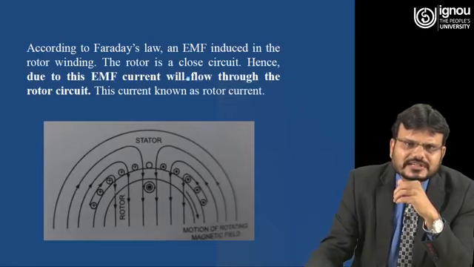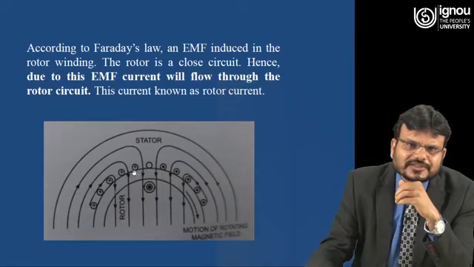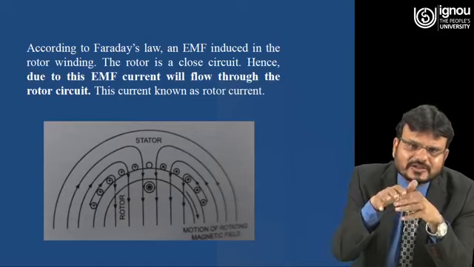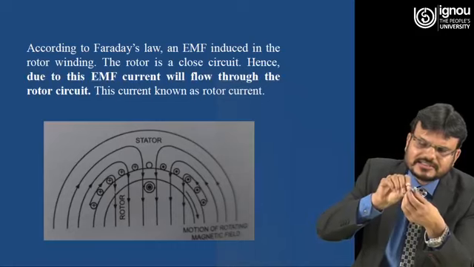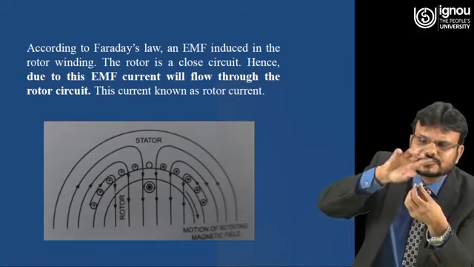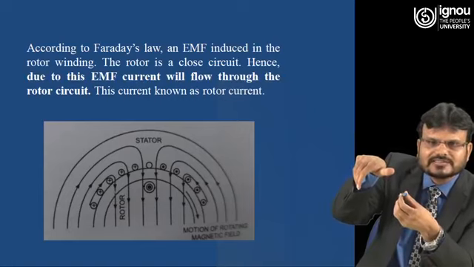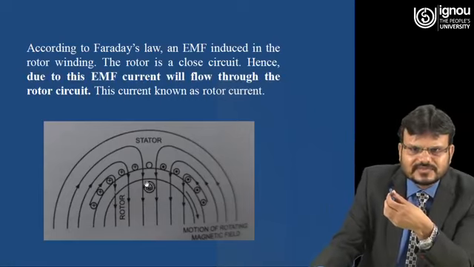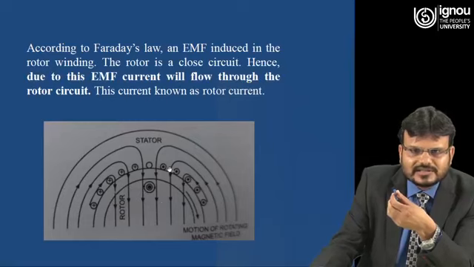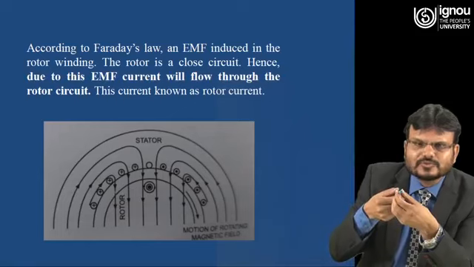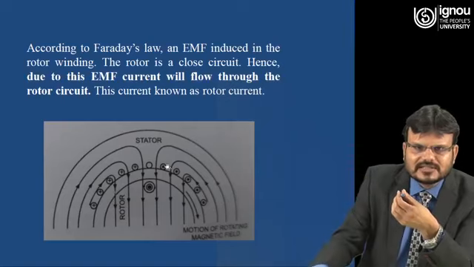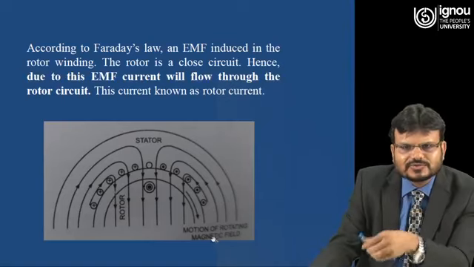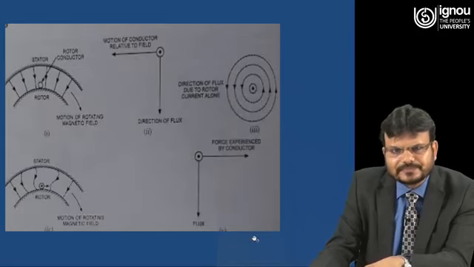Here you can see in the diagram, this conductor with a plus sign shows that the direction of the current is inside the paper, or you can say the slide. Apply the screw rule: moving in the clockwise direction, this finger will show the direction of the magnetic flux. For the conductor where the current is coming outward, you move the screw in the anti-clockwise direction, and this direction will show the magnetic flux. So this is the motion of the rotating magnetic field.